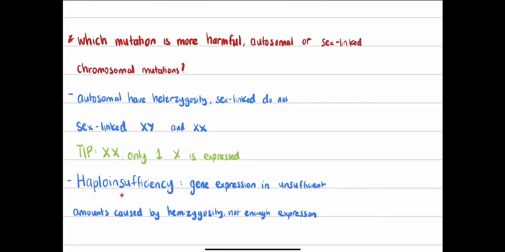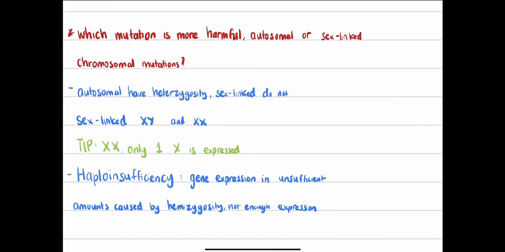We have something called haploinsufficiency, which is when gene expression is insufficient because it's a hemizygote. What that means is, let's say that there is a certain gene that requires X amount of expression, and this expression is maintained by the fact that it has heterozygosity. It has heterozygosity because it has 2 homologous chromosomes working on the production of a certain gene. And then if one of these genes is deleted or mutated, then we just have one of the genes working on it. And when this happens, it's called haploinsufficiency. Haploinsufficiency is when, as I've written over here, it's insufficient amounts of gene expression, and it's not enough. It's called haploinsufficiency, and this is the impact